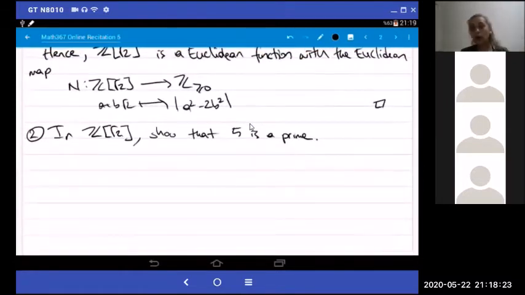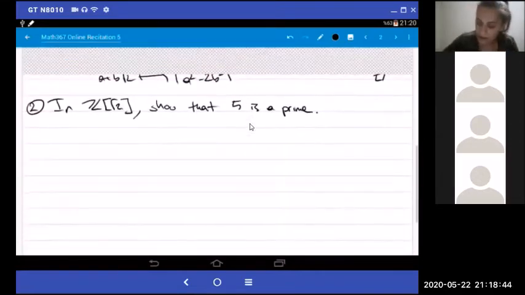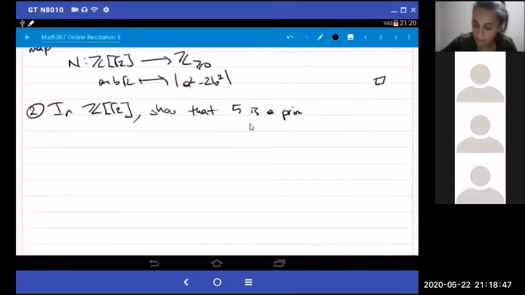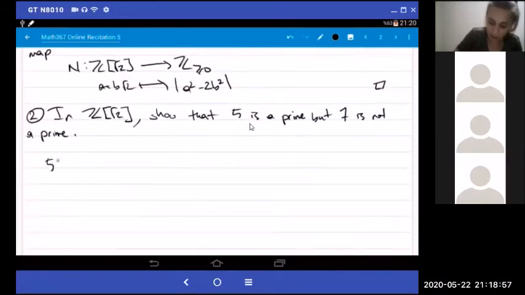Now, as you know, 5 is also a prime over the integers, but in the remaining part of the question, we are going to show that 7 is not a prime here. Okay? 7 is a prime in the integers, but in this ring, it is not. So let us first show that. Let me add it here: 5 is prime, but 7 is not a prime. Okay? Now, first, 5 is